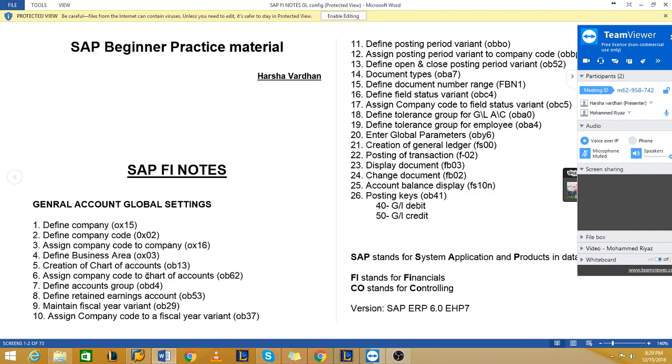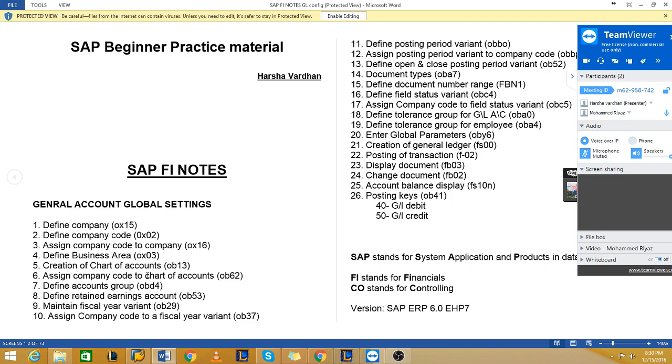And then coming to the retained earnings account. What is a retained earnings account? For P&L accounts, you will have a profit and loss. Whatever you will get, it should be transferred to the balance sheet. Under reserves and surplus, you will be keeping either profit or loss. So for this transferring purpose, SAP has given a retained earnings account. That is, you will initially declare a GL account number saying this is my profit and loss account.